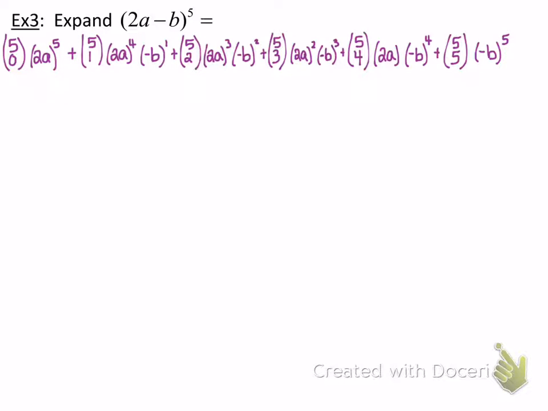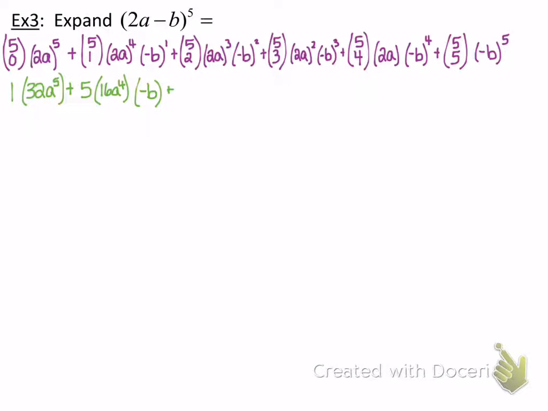Okay, so once again, let's simplify all of those. 5 choosing 0 is 1. So we have 1 times 2a to the fifth, which is 32a to the fifth, plus 5 choosing 1 is 5. 2a to the fourth is 16a to the fourth. And then it's times negative b, and it stays negative because it's only to the first power,